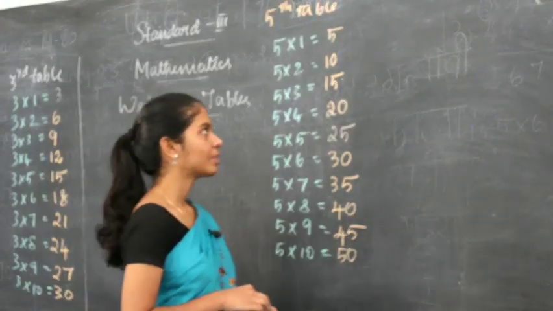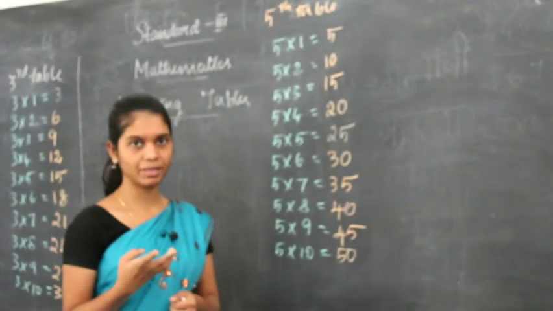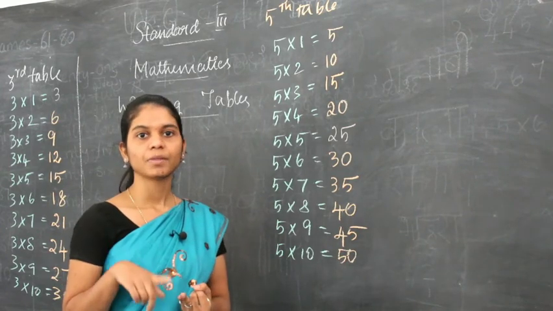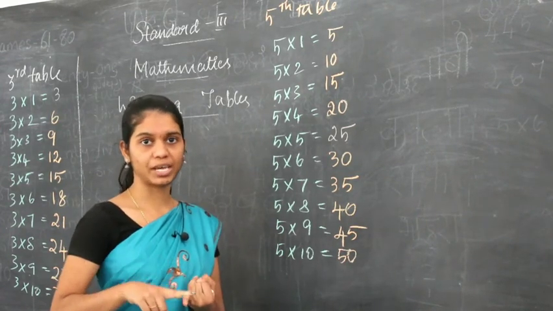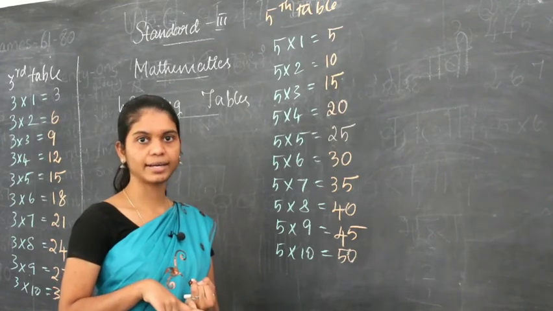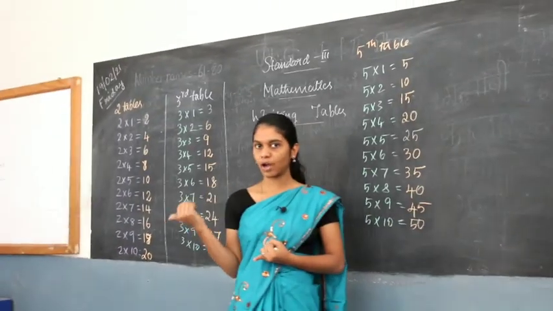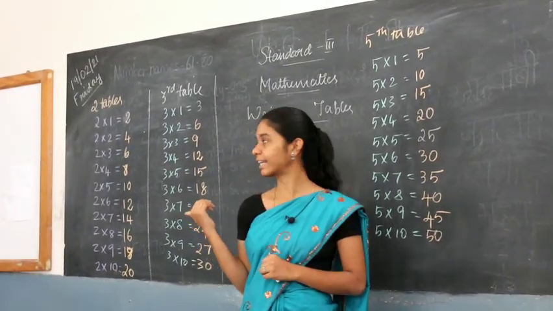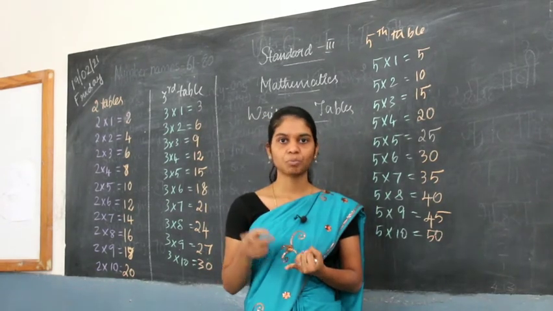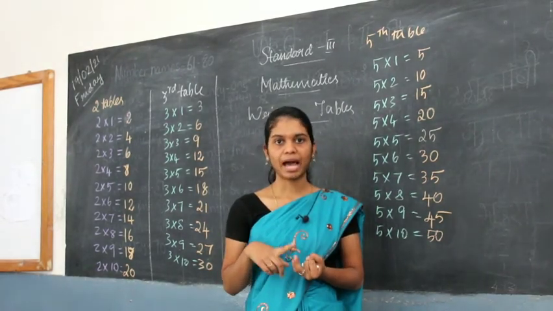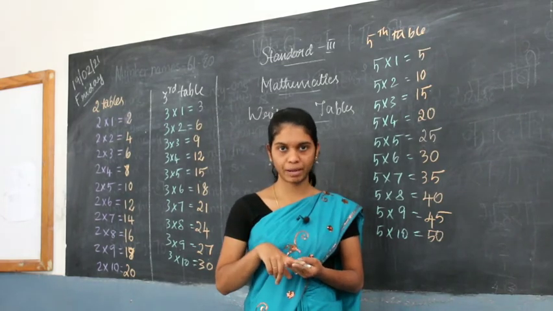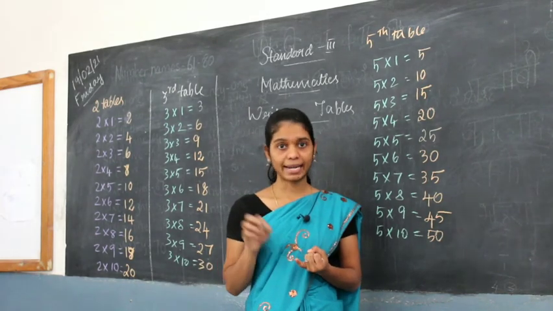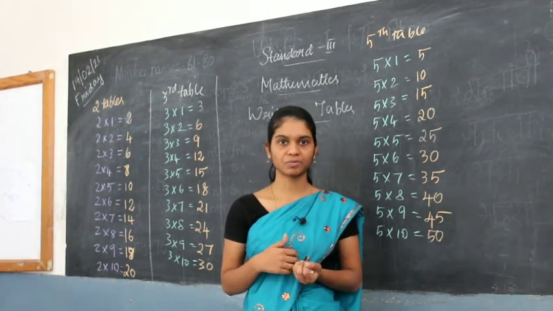Okay, now there is one more table left, which is 4th table, that you have to do as your homework. Okay, that you have to finish as a homework, and then you have to learn one table each day. Okay, so today you will start learning second table, right? As I already told you to learn from second table to 6th table, then also you learn the second table, and then after that move to the third table tomorrow, and then 4th table the next day, 5th table the other day. Okay, one day each table, learn them and write them properly, send it to me. That will be your homework.